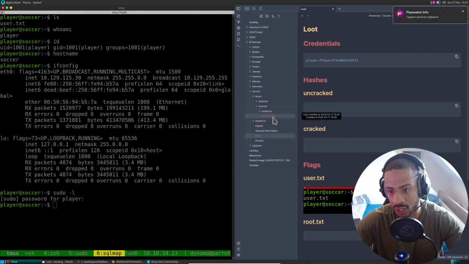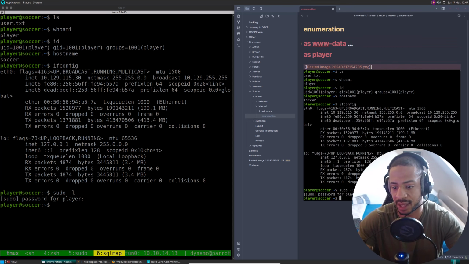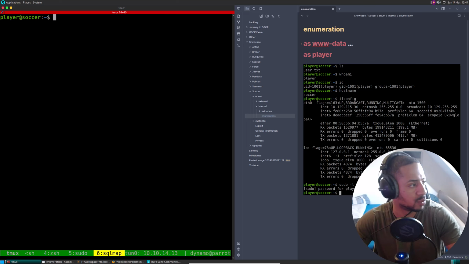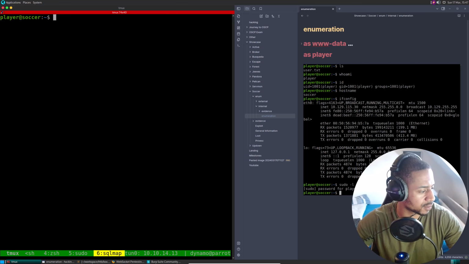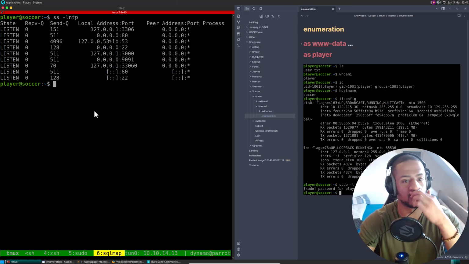Let's go to internal enumeration as player. There you go. What else can we do? Let's go into my notes. Linux privilege escalation. There you go. So ps, yeah, let's look at what is running on the different ports.